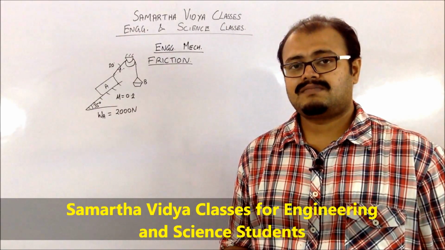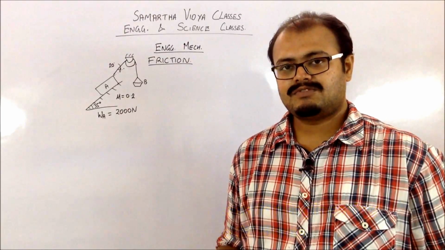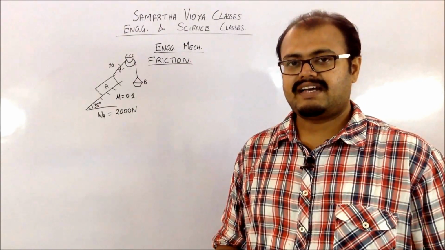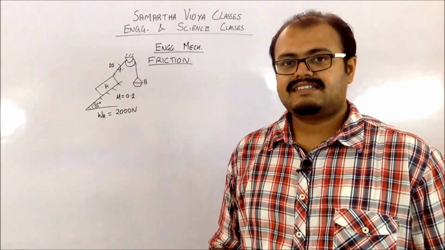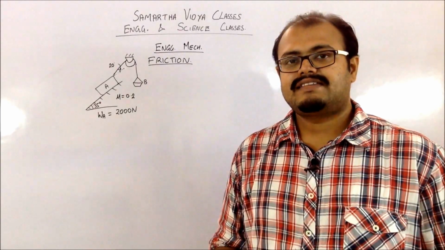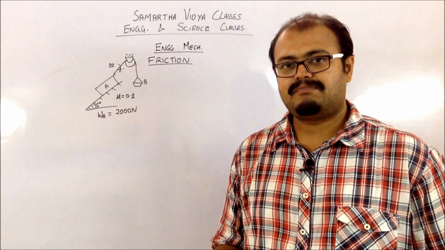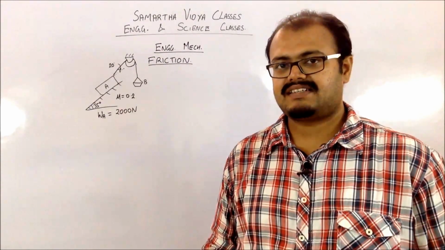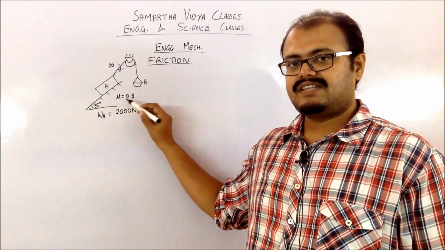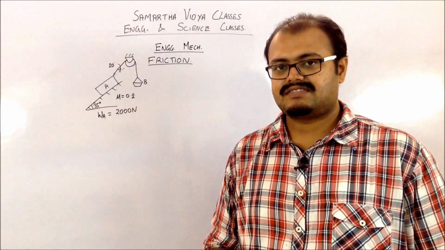So in this particular problem, the thing which is given to us is that the weight A has to just move from its position, and we have to find what amount of weight B should be having. So for this, you have to understand, since it is given that A should just move from its position, that means that A should be applied with a force that is going to be equal to the maximum frictional force that is going to be generated. That we know is going to be equal to 0.2, that is your mu, into the normal reaction which is going to be generated by the surface.